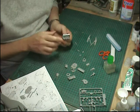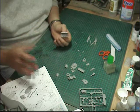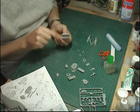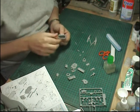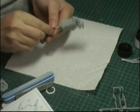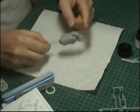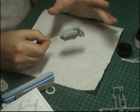So we've got the main block, and then we can paint that black, dry brush it, bring it back to life, and then the other areas that are silver and that were attached separately, and we'll do it with super glue so there's hardly any marks showing. Right, so that's the actual engine block, the main assembly. Now as you can see here, I haven't attached the hoses and bits and pieces yet, but when you look at the reference pictures of the engine itself,